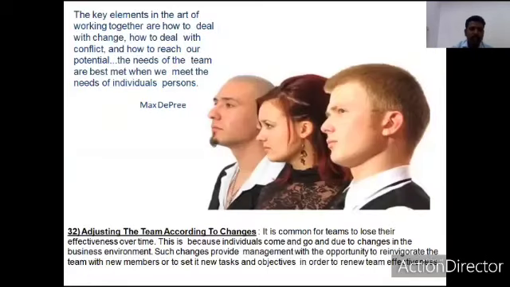And the next one is adjusting the team according to the changes. Why? Because as you are all aware, we are living in a dynamic, competitive business environment. As things are expected by the consumers or by the business environment, we need to make changes in our work also. Even in group activities, you should give scope for adaptability or flexibility according to the changes required by the present time or any concurrent changes.